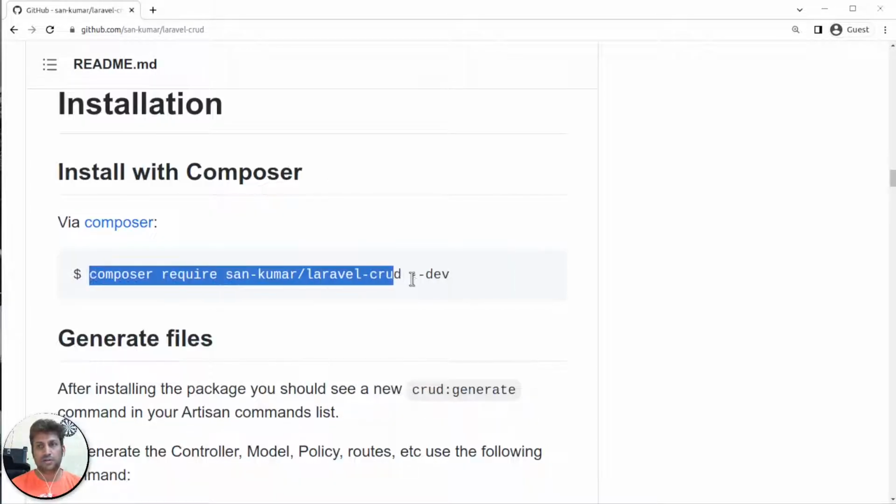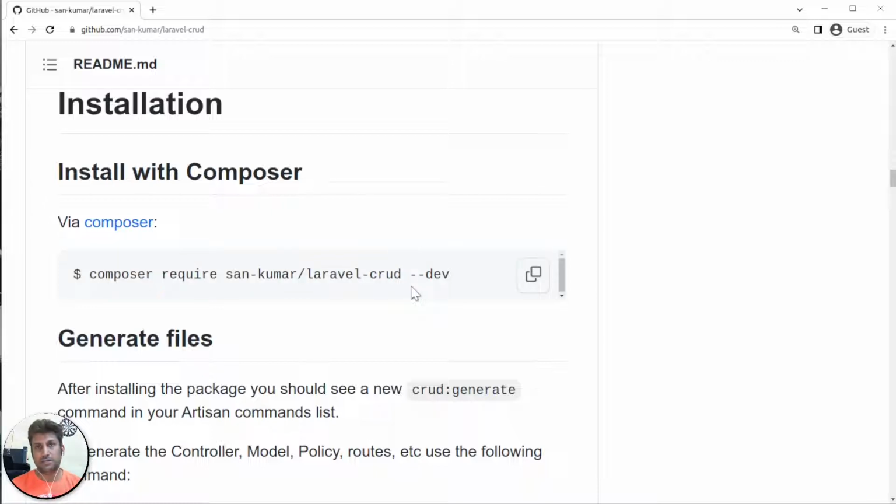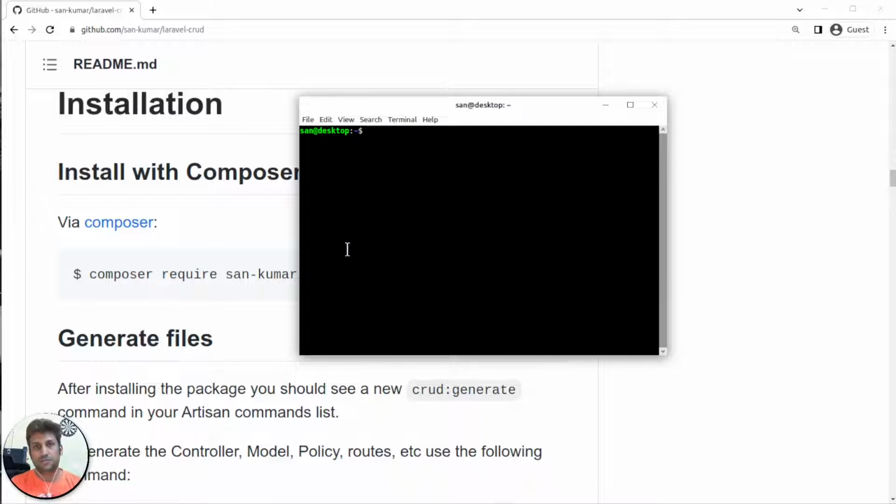Instead of going through the documentation, I'll create a sample project in front of your eyes, and this way it will be much easier to explain how the generator works. So for that, we'll start with a new project. We'll create a support desk. It's a support ticketing system, and you'll see how easily and quickly you will be able to create that using this plugin. I'll just create a new Laravel project called support desk,